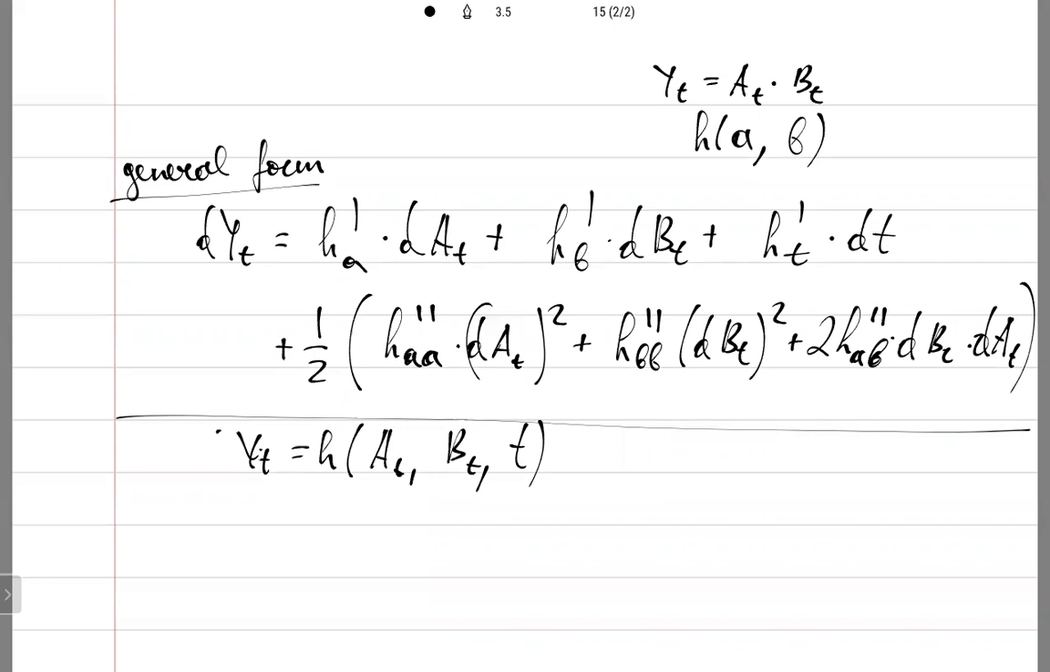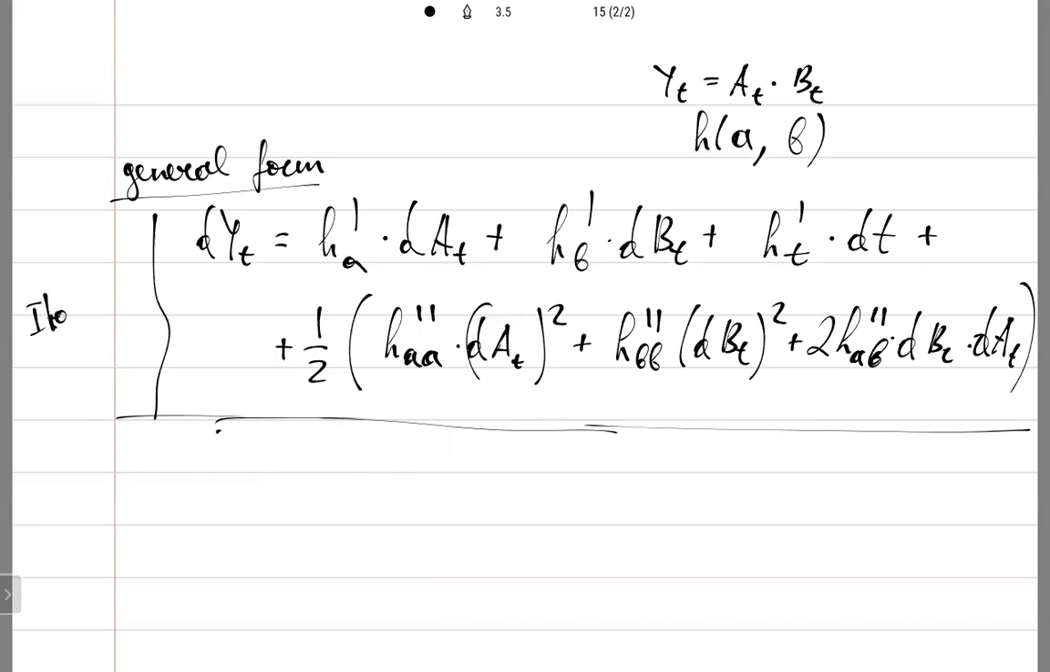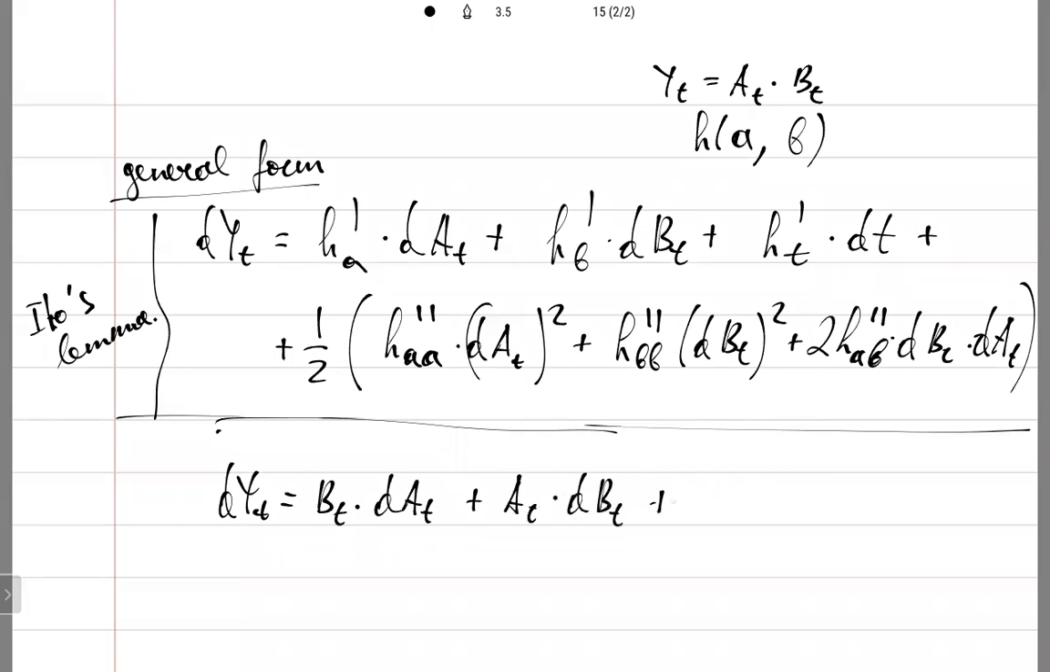But in my case, let's write the general form, and in my particular case, what will happen? This is just Ito's lemma. Okay, let's move on. In my particular case, dyt is just bt dat plus at dbt plus